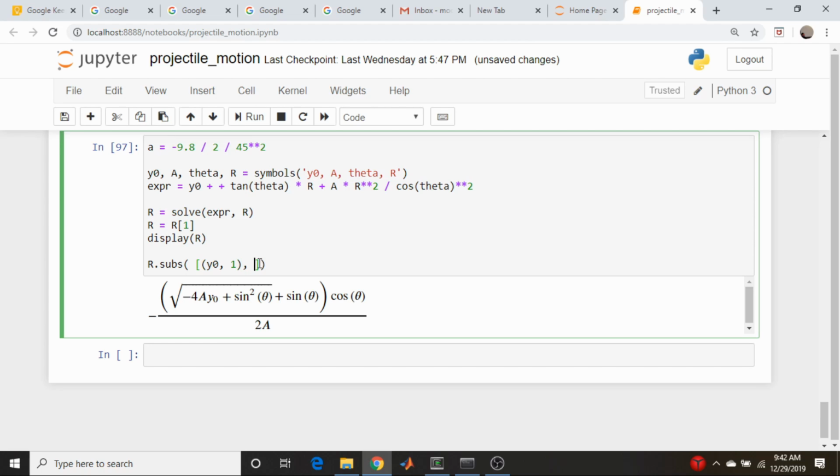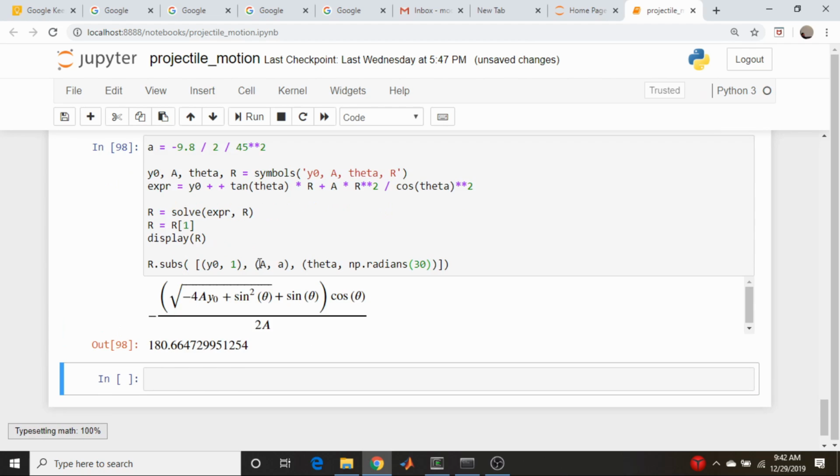Our second one is going to be the capital letter A, which we are setting equal to lowercase a. And the last one, theta, that's equal to 30 degrees, and that needs to be changed into radians. So np.radians 30. Let's see if this evaluates. Yes, it does. And we get